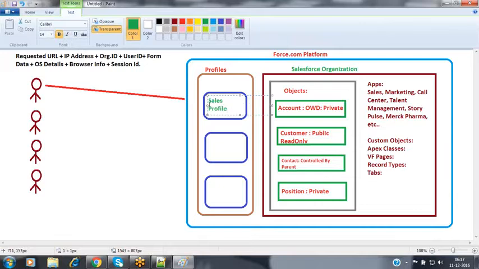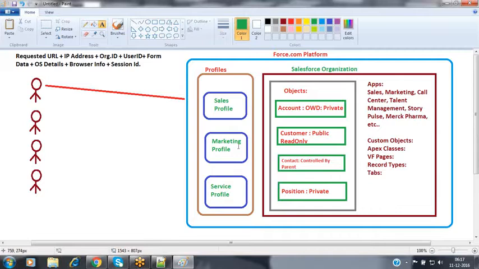This is a sales profile, this is a marketing profile, and this is a service profile. I'm creating multiple profiles inside my organization. So whenever the user tries to perform some operations inside your Salesforce.com organization, passing through the Force.com platform, in between the user and the Salesforce.com organization, we have a profile.